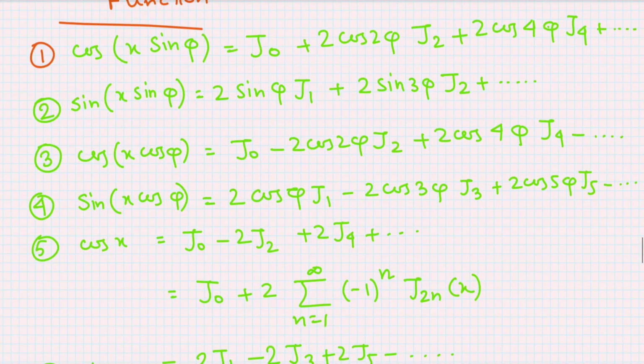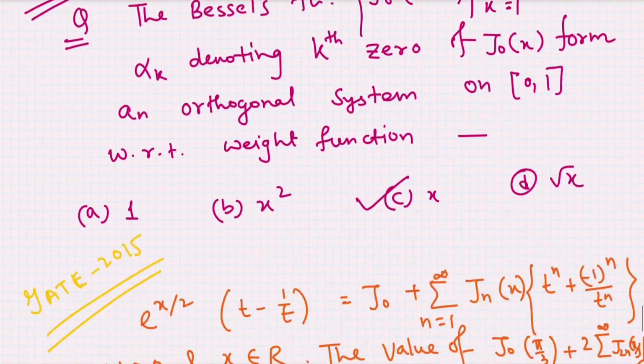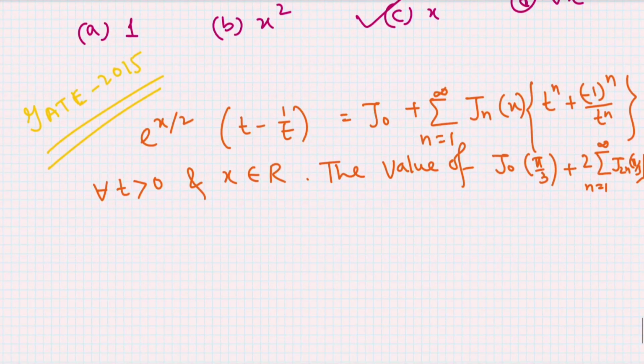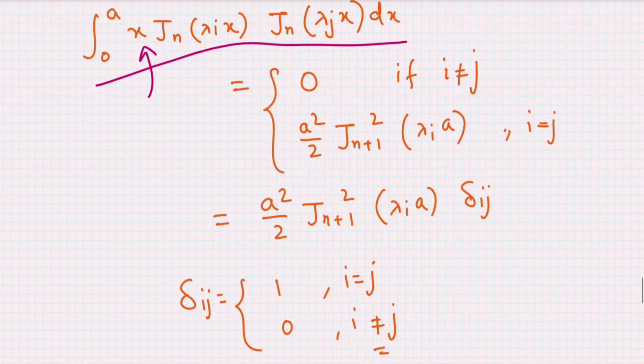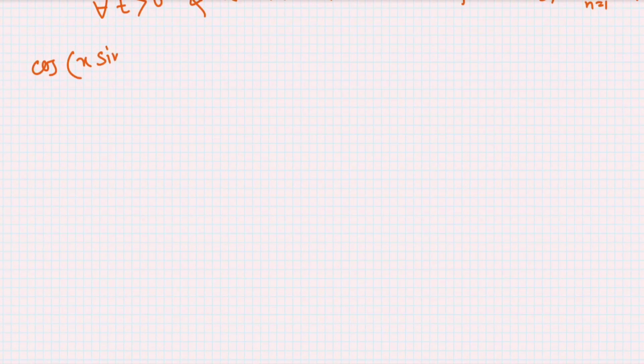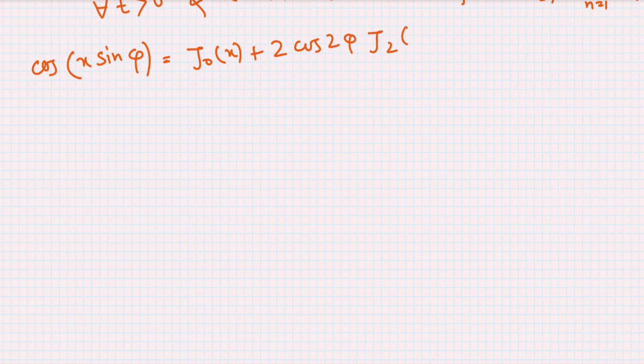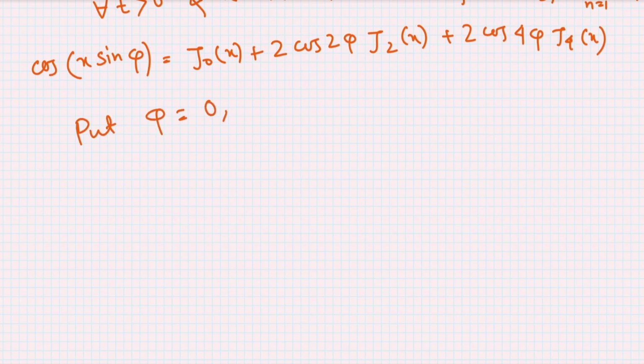So the given expansion is this, J2n. So we apply the series of cos of x sin phi. This is equal to, we write J0(x) plus 2 cos 2 phi into J2(x) plus 2 cos 4 phi J4(x). Put phi equal to 0 and x equal to pi by 3. We get